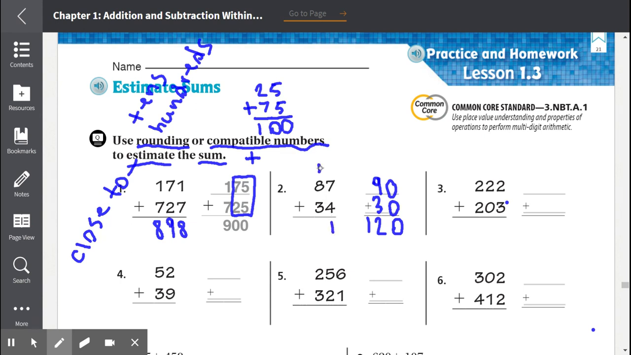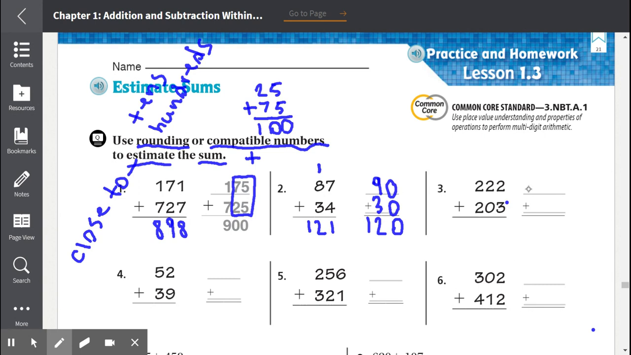But if we were to find the exact answer, we would add 7 plus 4, that's 11. 1 plus 8 is 9. 9 plus 3 is 12. The exact answer would be 121. But we were not looking for the exact answer. They asked us to estimate. Number 3,